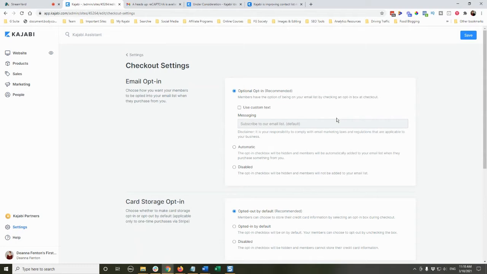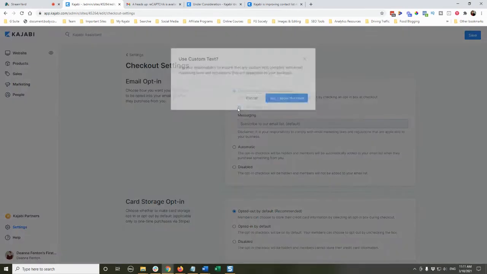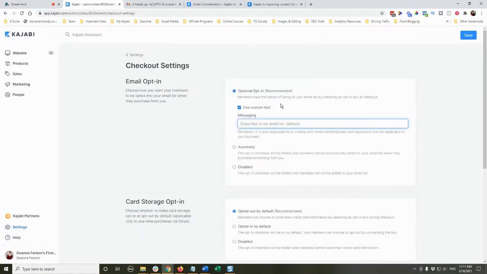So it was very, very frustrating for a lot of Kajabi site owners because it, in effect, meant that a good percentage of people buying a product would not check that box and therefore would never get your emails. The people that opted out or did not check that box were not getting your emails. Very frustrating. So now what they've offered is you can use custom text. So you can explain, please check this box to make sure that you get updates and communication regarding this product, or however you want to phrase that. But it was super important that you have this flexibility so that you can communicate that it's really important.